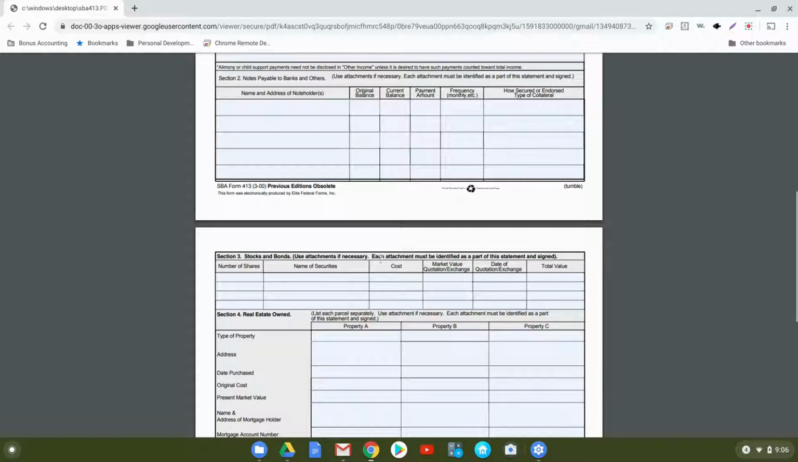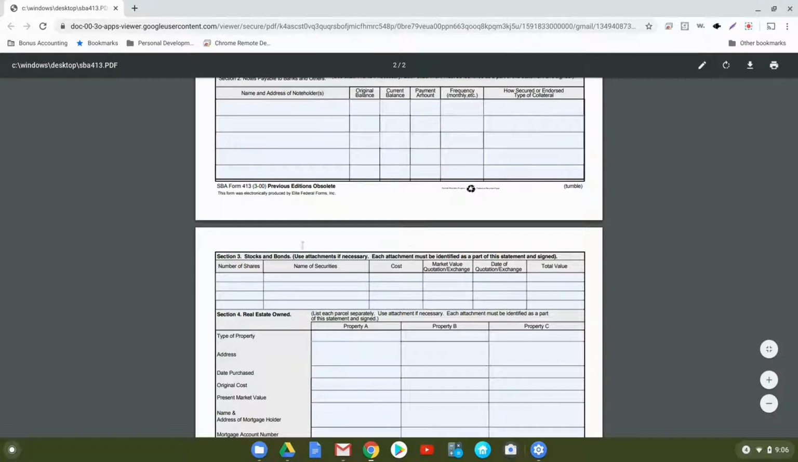Each attachment must be identified as part of this statement and signed. It might be a bit of work to record all this, but it's important that you go through the number of shares you have, name of the security, the cost, the market value, and quotation of exchange. You'll do this as of 12/31/2019 in this example. Then you'll put in the total values, the date of quotation or exchange, and fill in